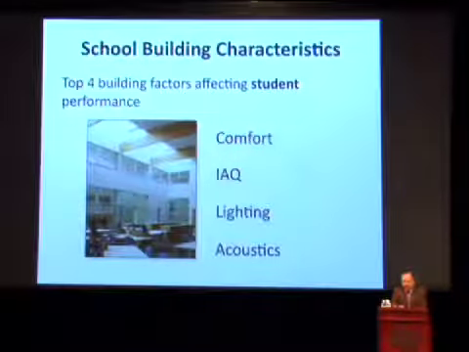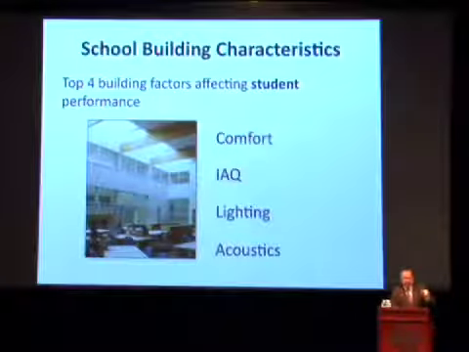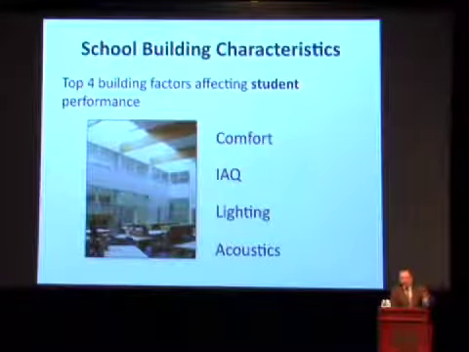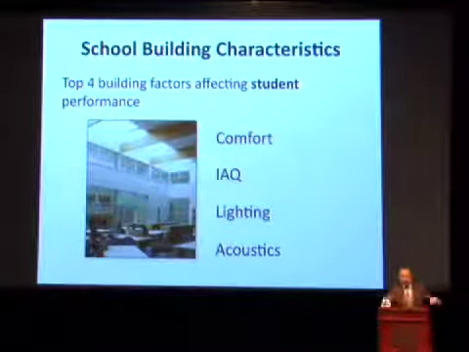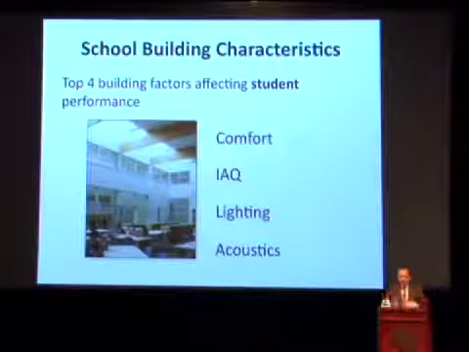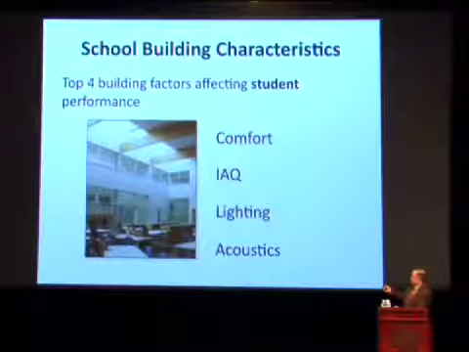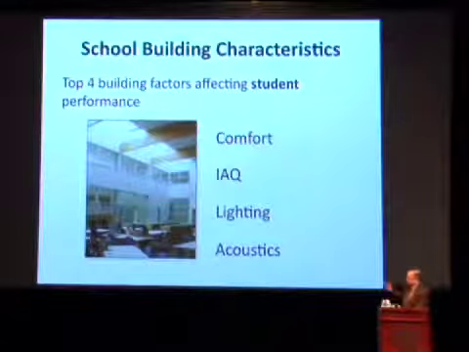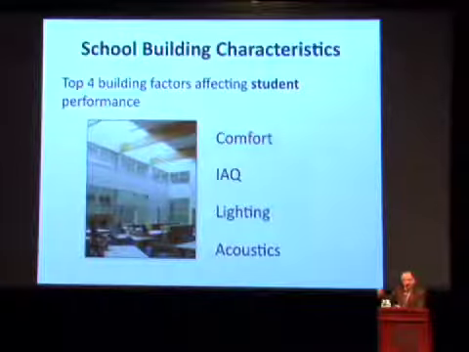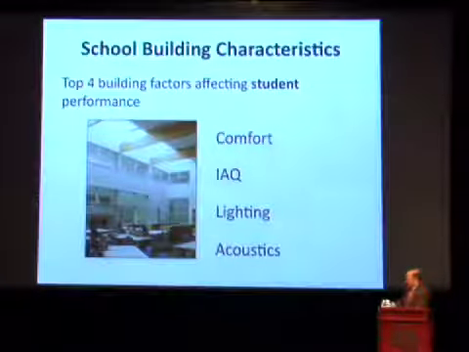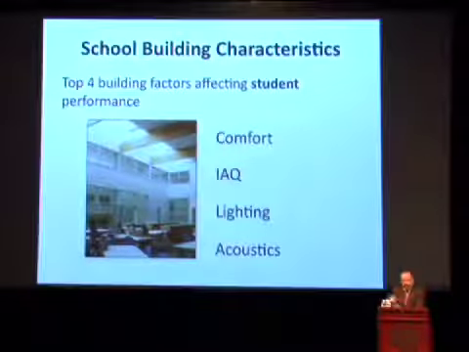I'll get there. Tons of studies about how student performance is affected by teaching strategies, curriculum, environment, et cetera, and one study that was commissioned that was very interesting looked at all of the studies that had been done to try and correlate what are the main factors related to buildings that affect student performance. And the 4 main factors were comfort, are the students comfortable with respect to temperature, IAQ, indoor air quality, right, is the air clean and good to breathe, lighting, no surprise there, and acoustics. Those are the top 4, and those are all things that we consider to be part of a good green